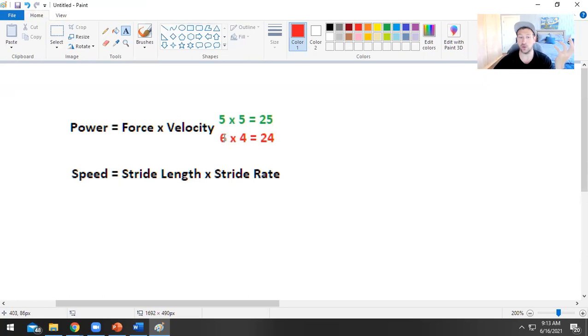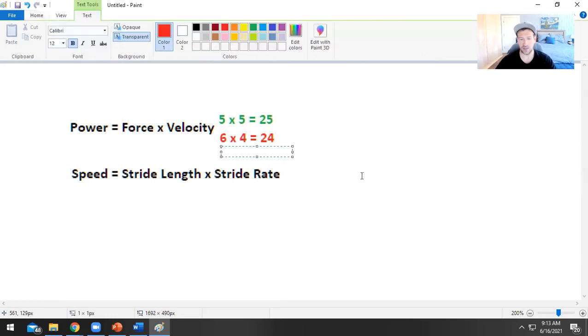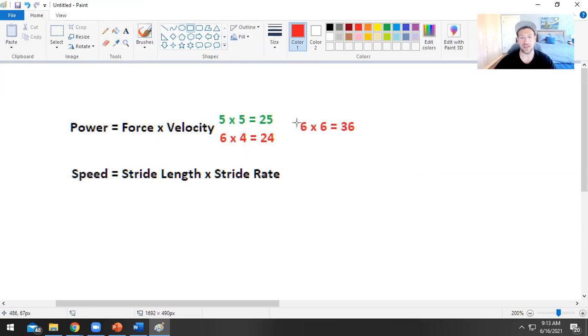And the same thing would have been true if we raised up the velocity by 1 and dropped down the force production by 1, right? So it's not all about just training for one thing. If you put all of your effort into only training one half of this equation, you're going to lose some speed. But if we raise both of them simultaneously, and suddenly this goes to 6 times 6, that's going to be 36 units, right? That's obviously a massive improvement. This is what we are looking for here.